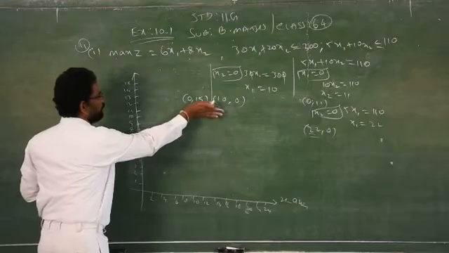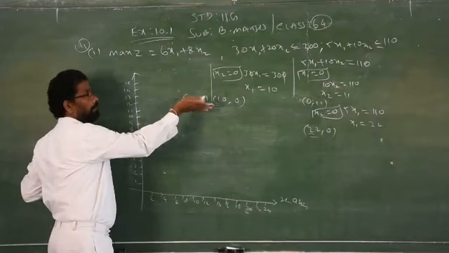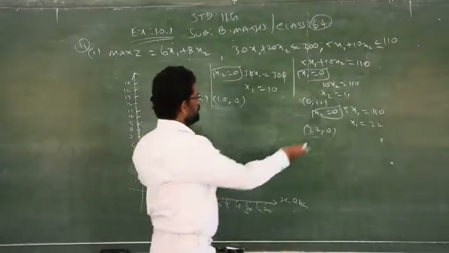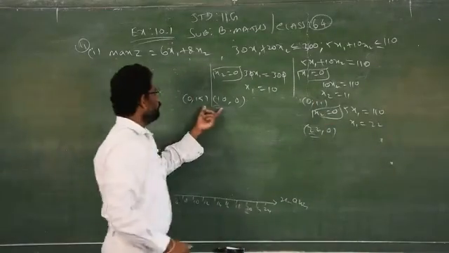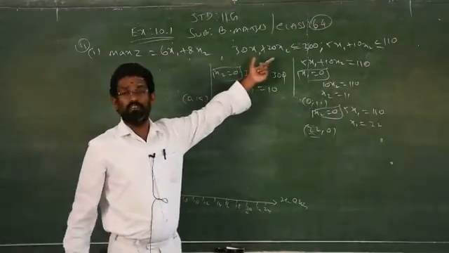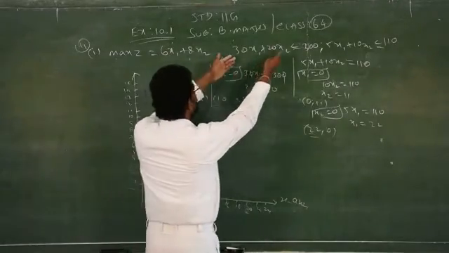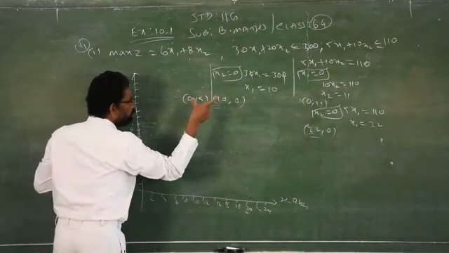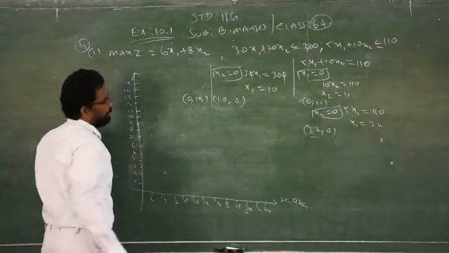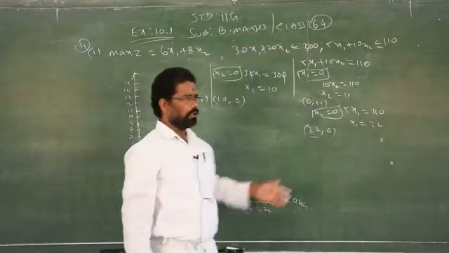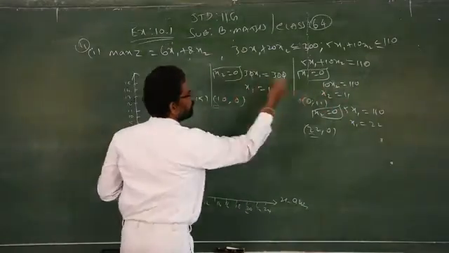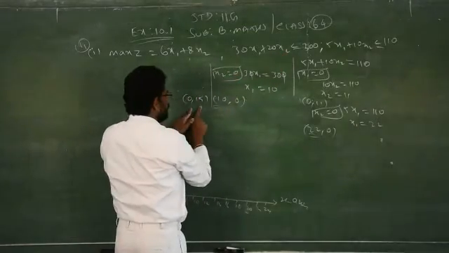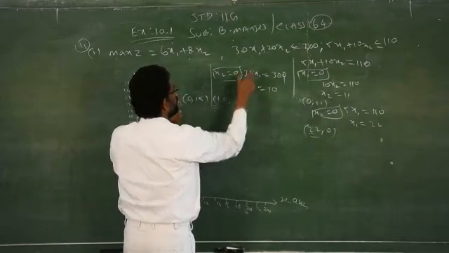First you have to plot the points which are obtained from inequality number 1. Don't mix these 2 points. These 2 points you got from which inequality? First inequality. From the first inequality I got 1 pair. So first you have to plot these two on the graph. Then you go to the next one. Clear? So don't mix up these two. I got one pair from the first inequality, that is 0, 15 and 10, 0.